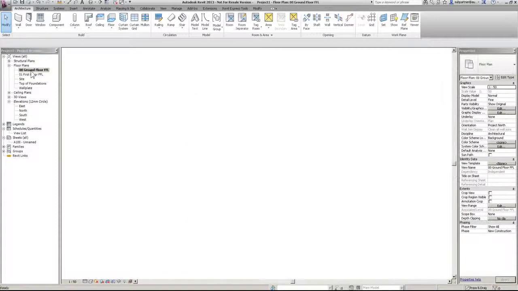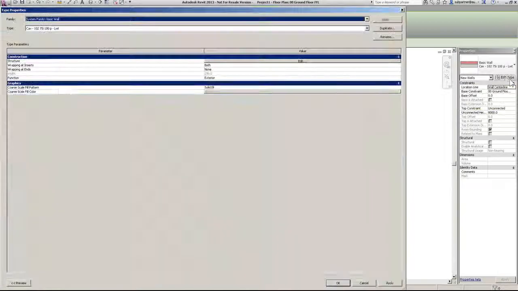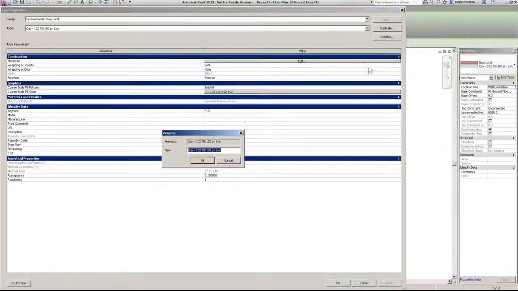What I'm going to do now is go to my ground floor plan and we're going to draw. I'm going to go to my wall tool. I'm going to choose a type of wall. We're going to base it on the basic wall that comes in here, but I'm just going to change some of the settings on it quickly. I'm going to rename it to stick a 100mm cavity in here